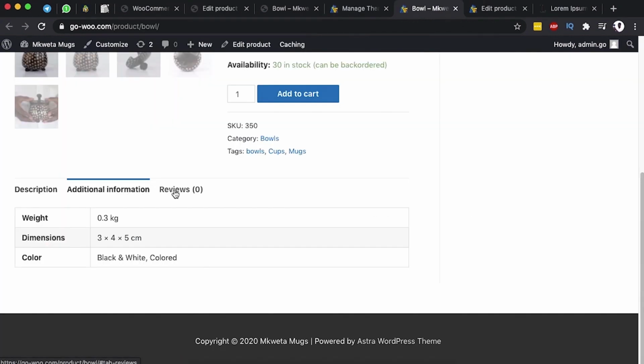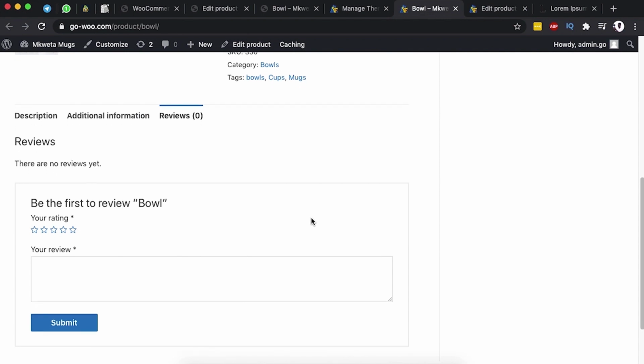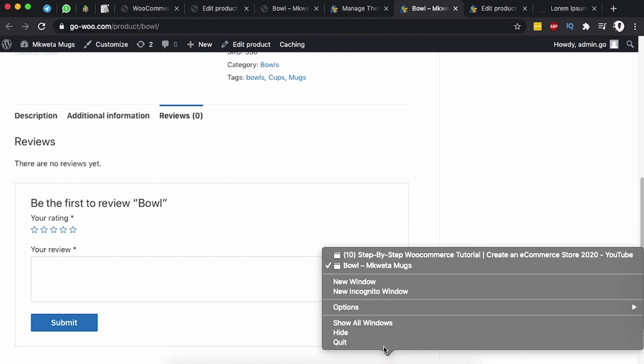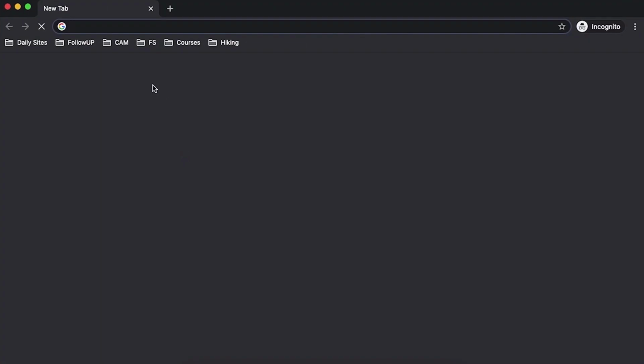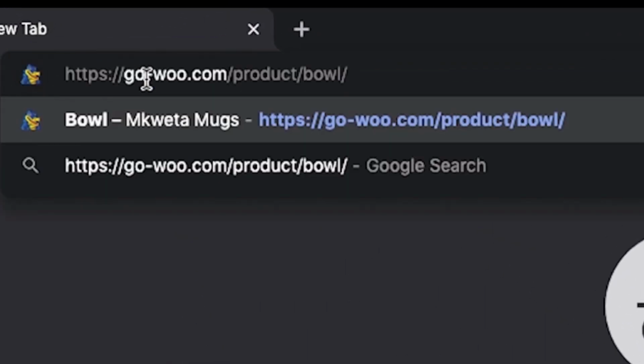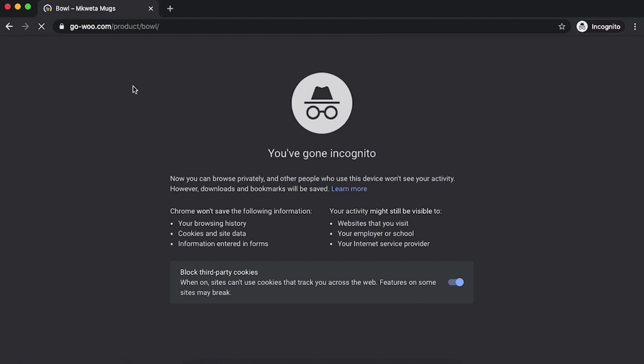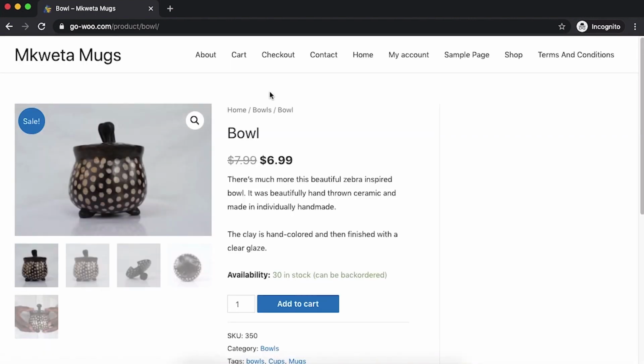And then also I talked about reviews, whereby someone is able to add a review for a product. So let's go and check out how someone can actually add a review in case they purchase this product. So what I'm going to do is simply open up a private window, and I'm going to enter in the product URL. So I'll paste over here my product URL, and straight up this should take me to a private window